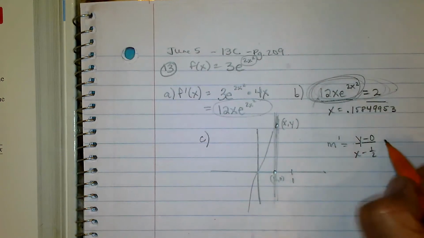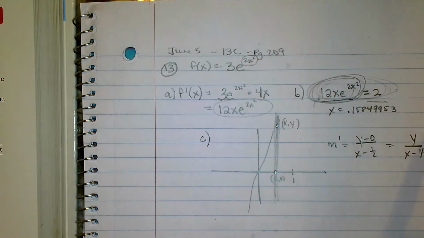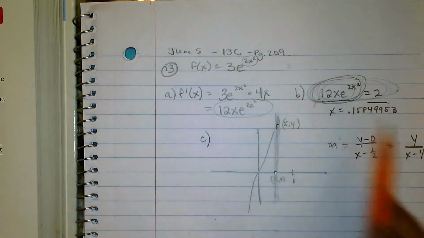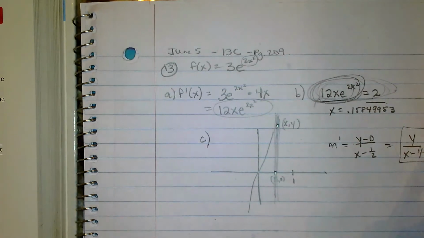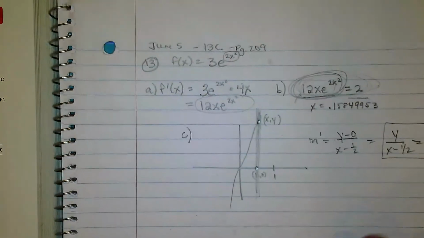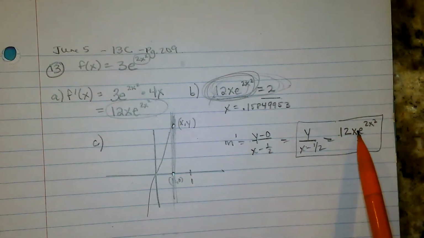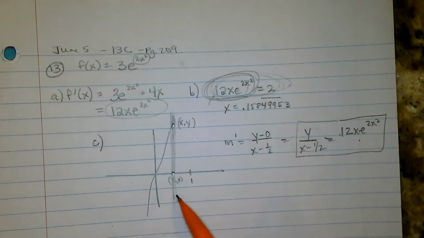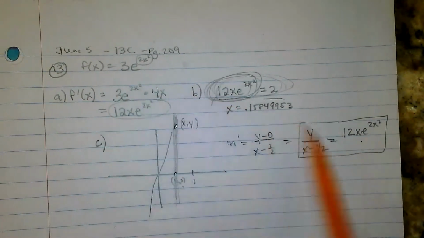So when does the slope of the curve equal that? Sorry, I'm off the graph. When does the slope of the curve, aka the derivative, equal the slope between this generic point x, y and the point 1/2 comma 0? And so I guess it's a system of equations, because there's one equation with an x and a y,